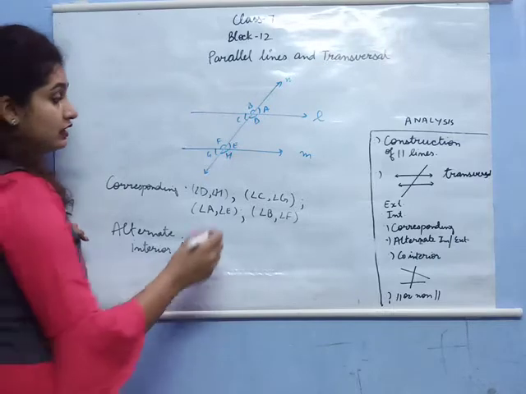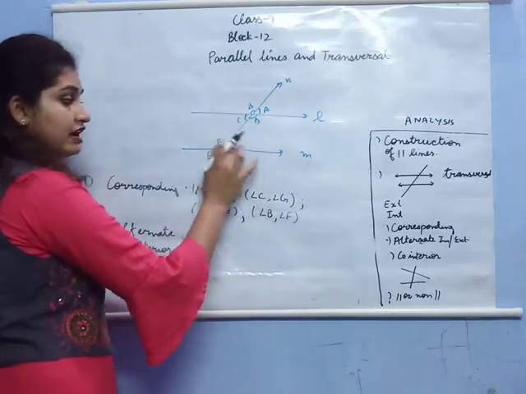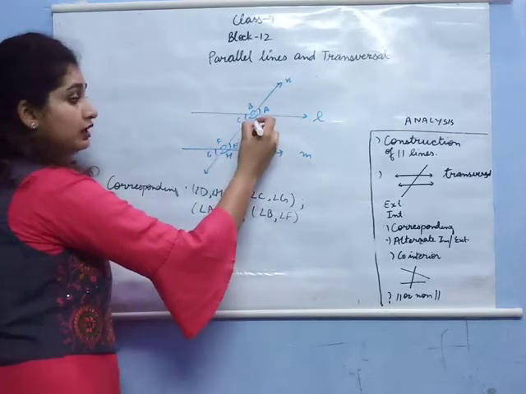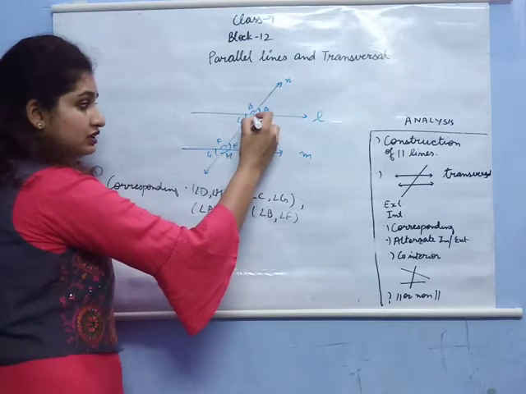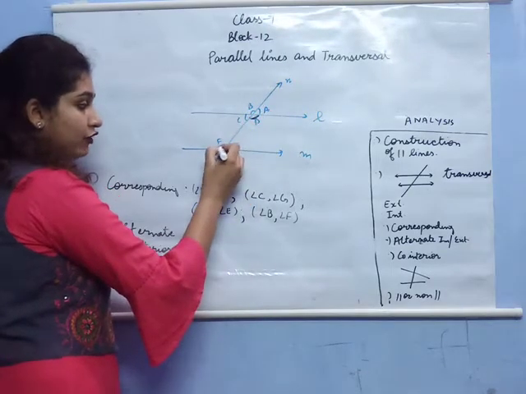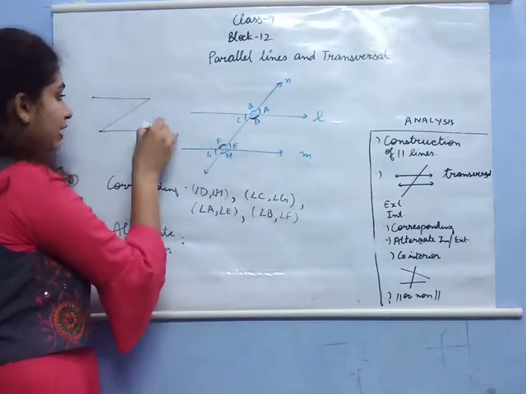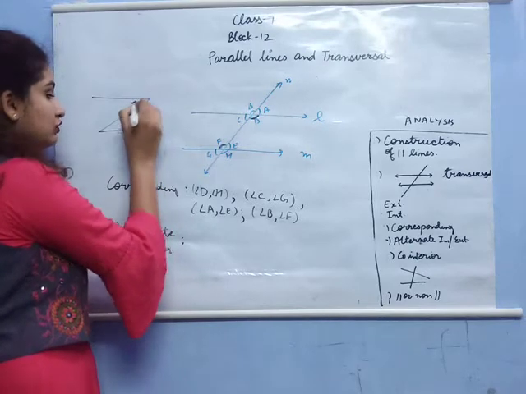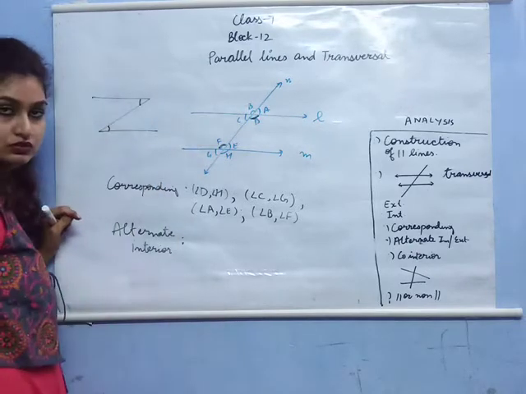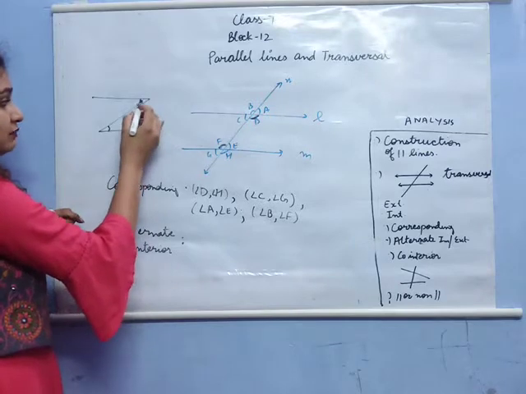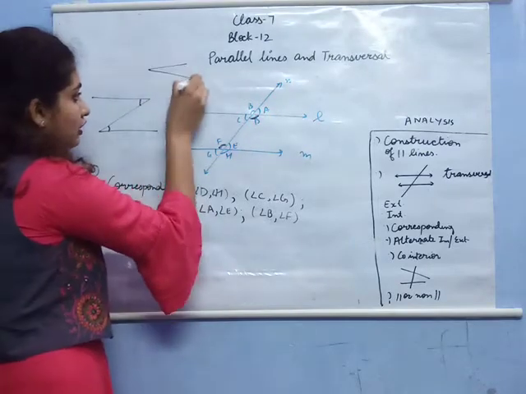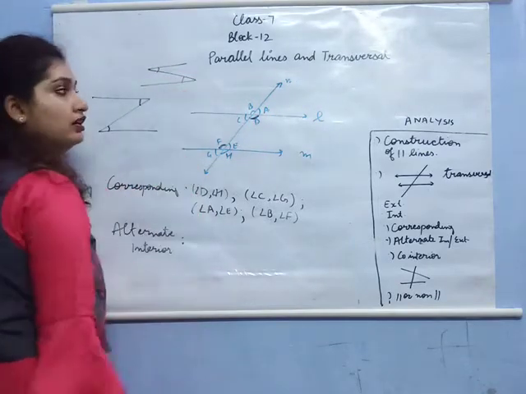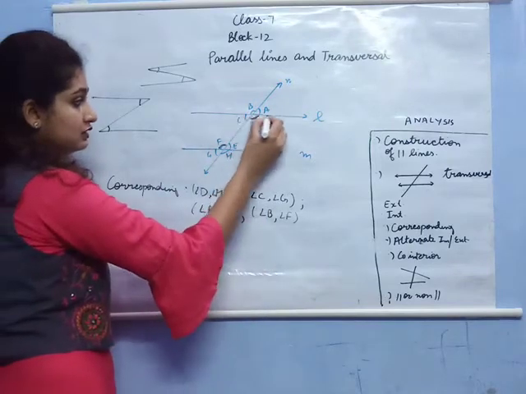Alternate interior angles are the angles. Interior angles are C, D, F, E. Right? If I am taking D on this side, then I'll be taking F on this side. They are forming a Z pattern: one from this side of the transversal and one from this side of the transversal. Right? These are forming the Z pattern, either this way or this way. So, if I consider this as a Z,